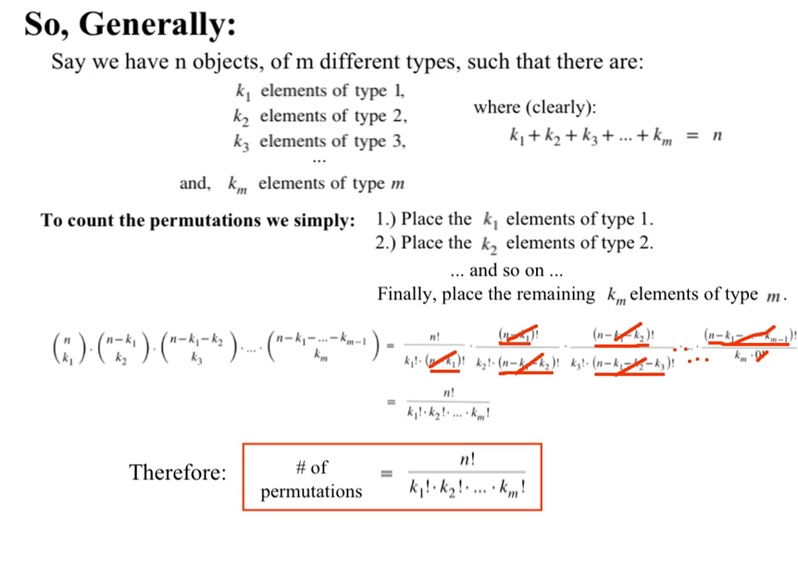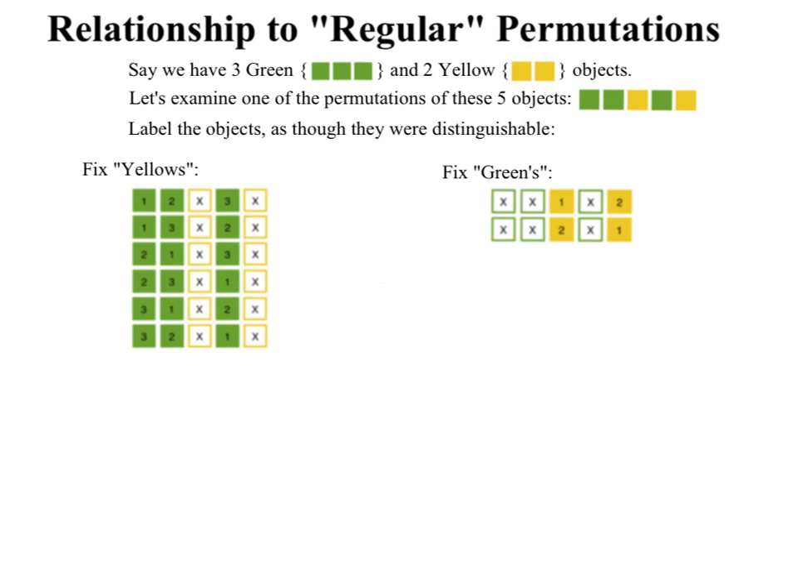However, what we should note is that we should recognize the similarity between this and regular permutations, in that n factorial is the number of n permutations, and it's divided by the permutations of K1, permutations of K2, and so on. So why is that? Well, let's look at an example here. Let's say we had 3 green elements that are indistinguishable and 2 yellow objects that are indistinguishable. And if we just look at one of the permutations, i.e. green, green, yellow, and we were to label them as though they were distinguishable,